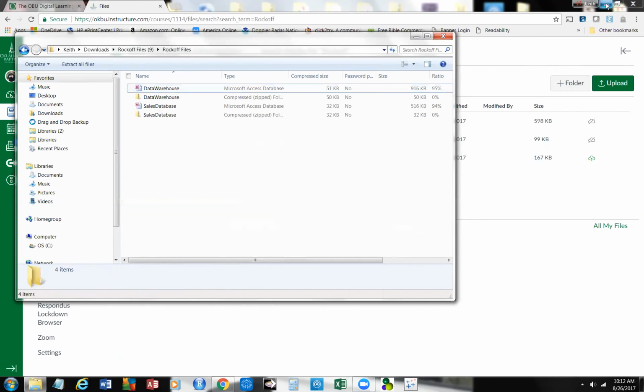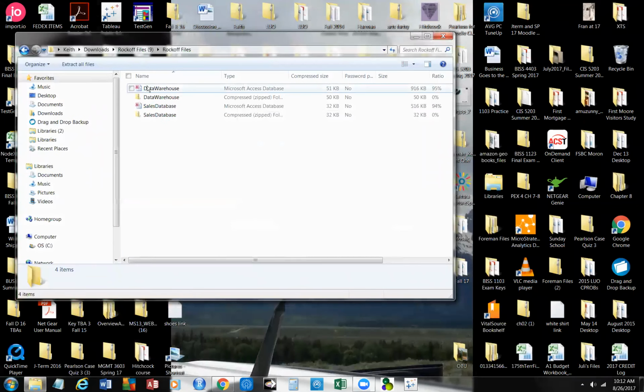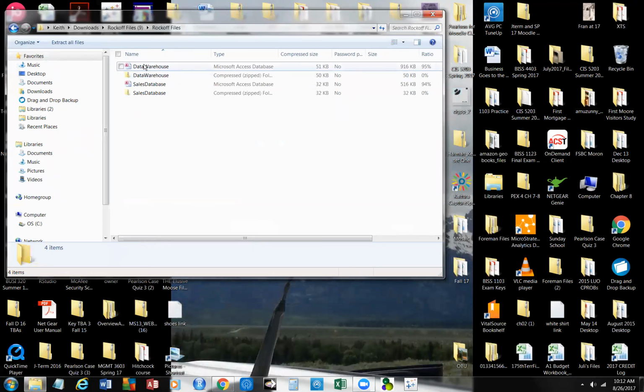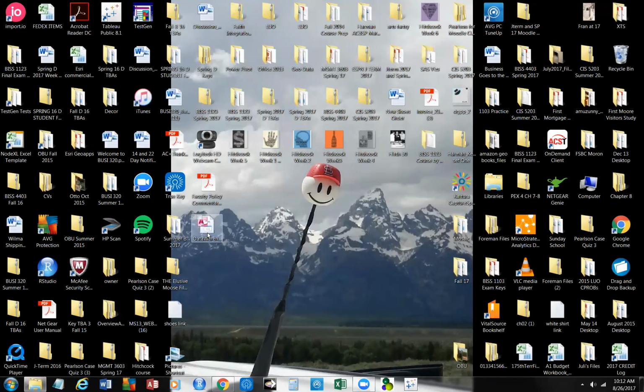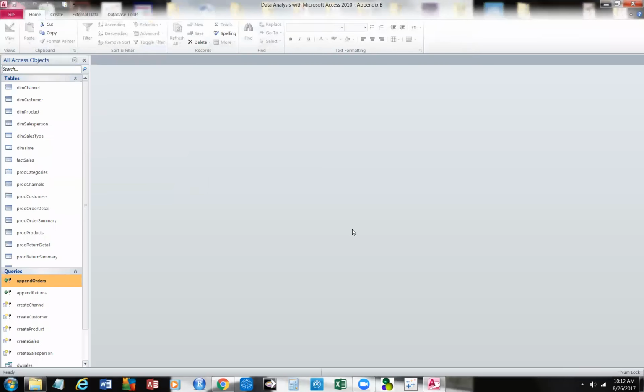Here's the easiest way to do this. I'm going to diminish my browser. You can see, of course, my home computer has all kinds of stuff crowded on it. And I'm going to take the data warehouse file, and I'm going to download it here on my desktop, and then I'm going to open it up. All right, and he's talking about creating a BI. Now,